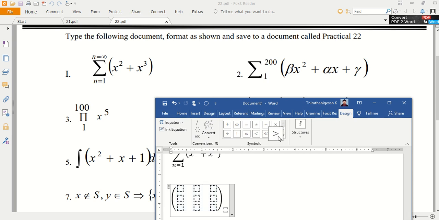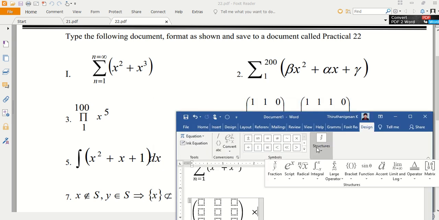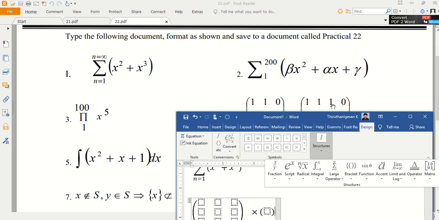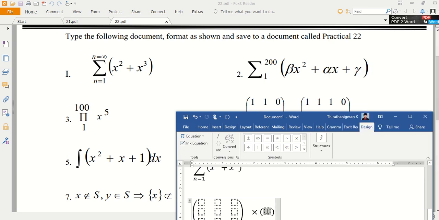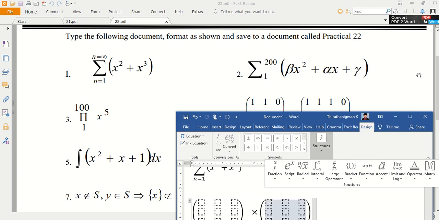Then after that just insert the multiplication symbol. Thereafter again you want to insert a bracket. Here you want to insert a 3 by 4 matrix. There is no 3 by 4 matrix in the MS Word equations, so you can insert the 3 by 3 matrix.